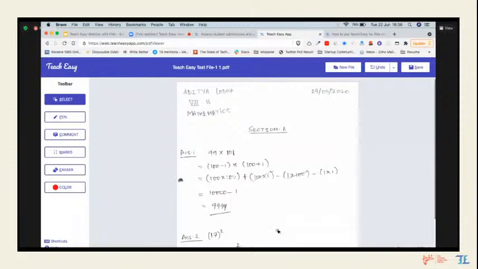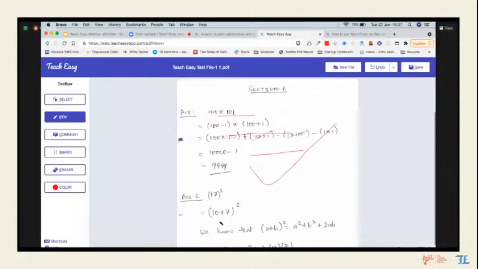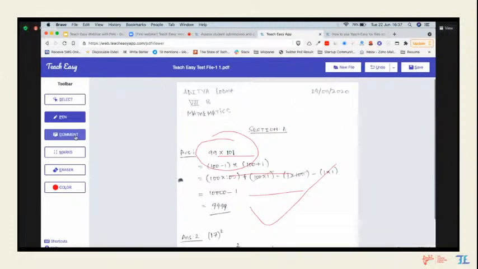So let's just get started. I'll open the file, click on pen and I can just do the markings like I was doing. As a teacher, I like to encircle something, underline something, give feedback, mark a cross or do a tick. The pen tool works exactly like you want. Now, as a teacher, if you have to give feedback, you have to add a comment, you select the comment tool and click anywhere inside the file. Now I can give a comment.